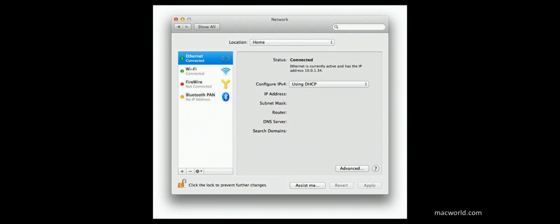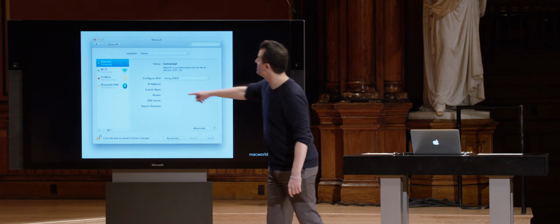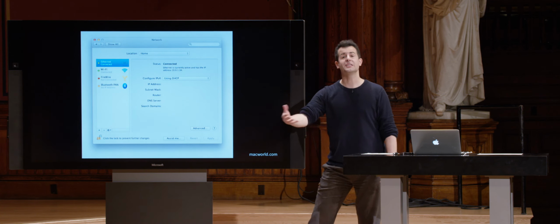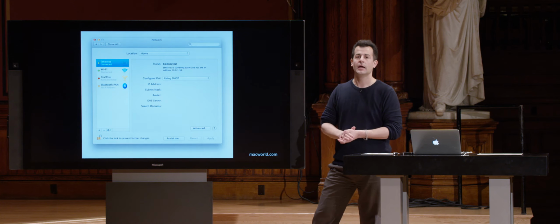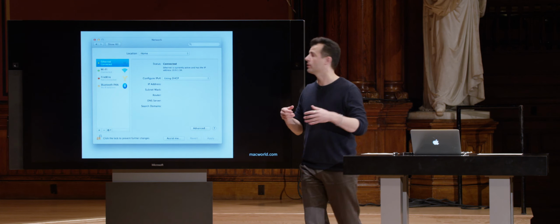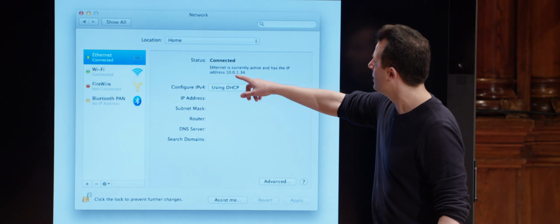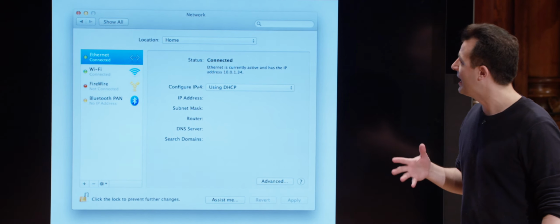Well, if you have a Mac, for instance, you can go to System Preferences and then Network and poke around, hopefully without changing anything, and you'll see something like this. You'll see a mention of IPv4, and a mention of this protocol using DHCP, unless for some reason it's been statically hard-coded or configured by perhaps someone else. And you'll see that at the moment, this screenshot suggests that I'm connected with IP address